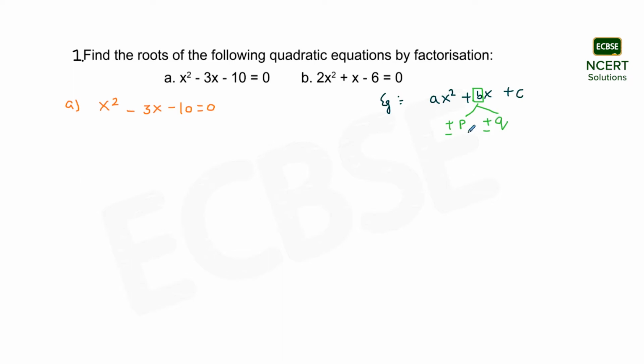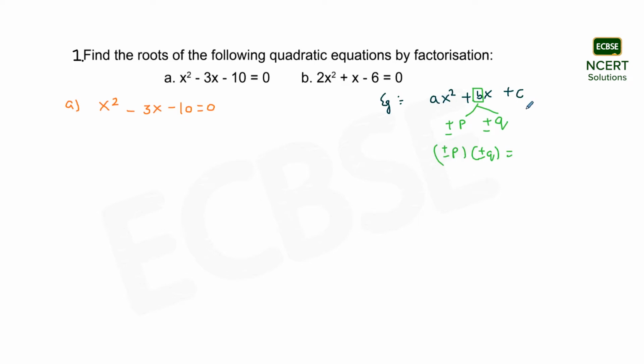Means in terms of the signs, we have four possibilities, right? So I can represent P as plus minus, that is, it can take any sign, and also Q can take any sign, either positive or negative, depending. Now, on what condition the signs depend is the product of P and Q needs to be equal to the